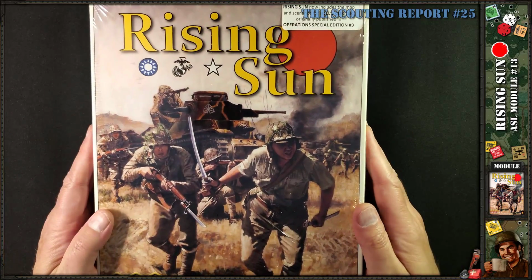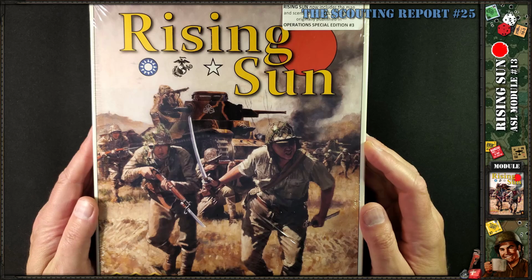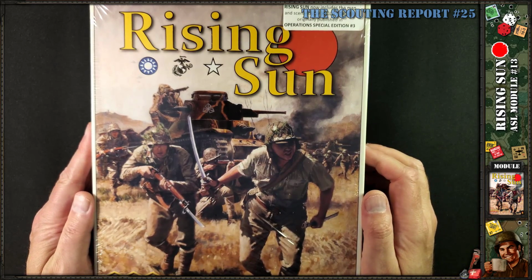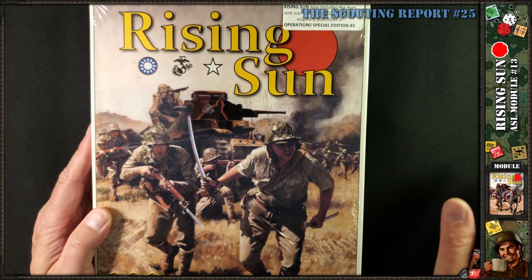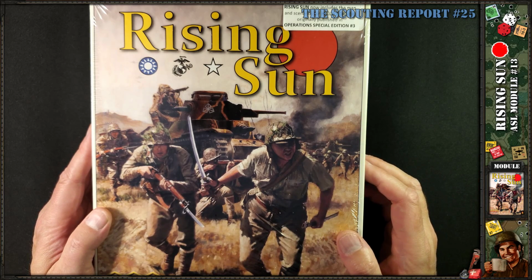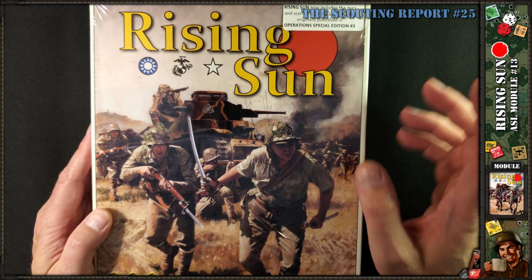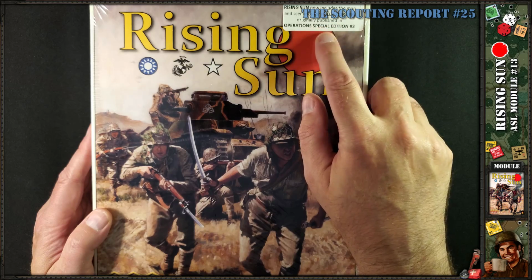So this is, like I said, the second or third printing of Rising Sun, which combines those two modules I just showed you. And it adds some more things in this printing. Someone correct me on which printing it is in the comments below. I'd appreciate it. It also includes some additional goodies, including the Hell's Corner map and scenarios, which were in Special